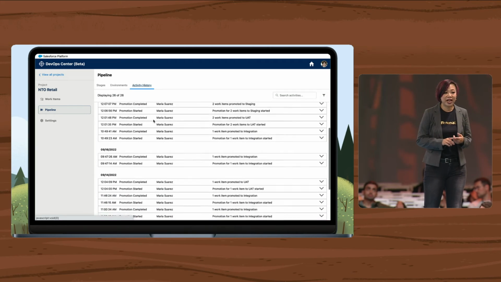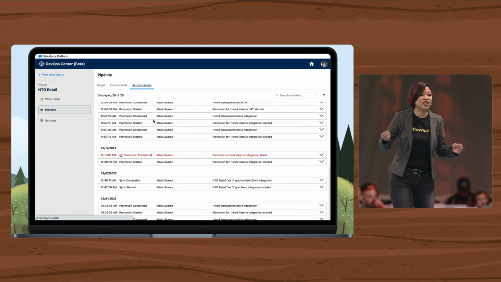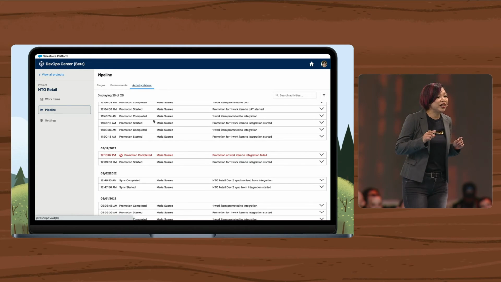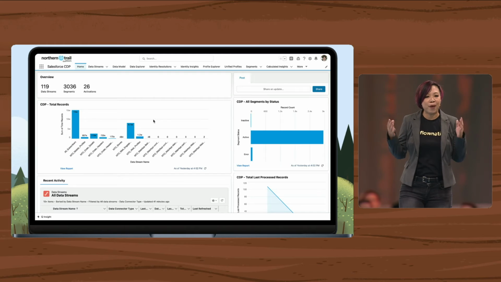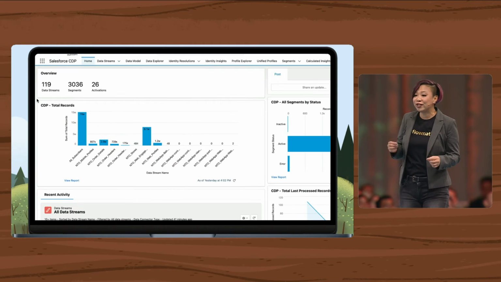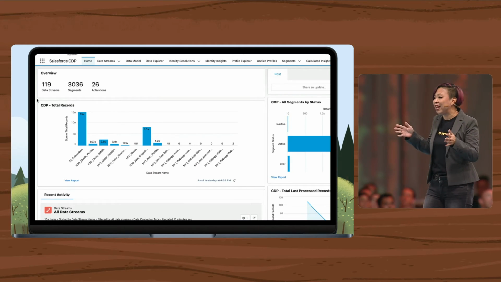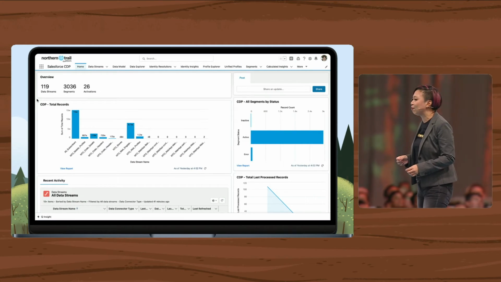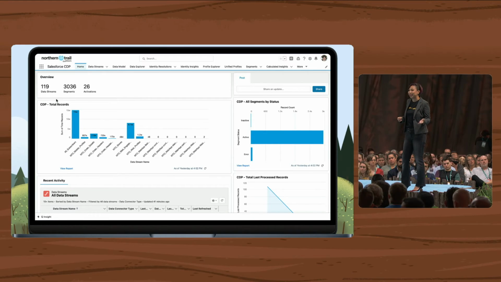All right, so Maria's tracked her changes and deployed it. But Maria is an overachiever. She wants to do even more. Salesforce Genie brings the power of real-time data into the platform, and Maria uses the magic of Genie to take a complete view of how NTO customers are engaging in their sustainability programs and in their personalized experience as seen in this dashboard.